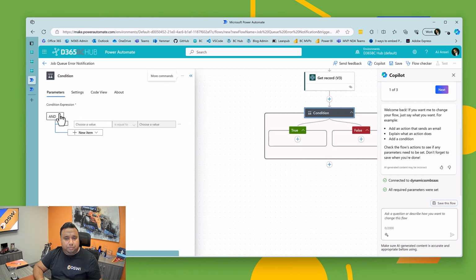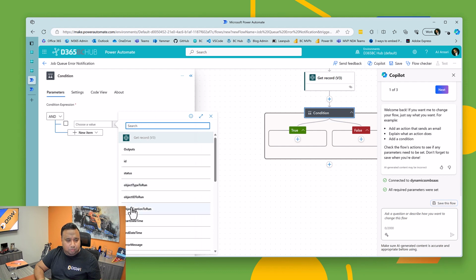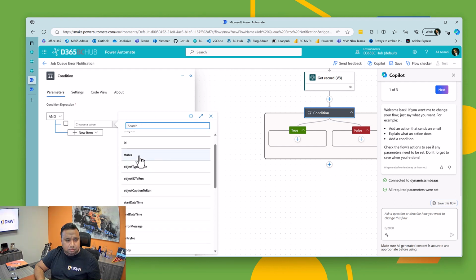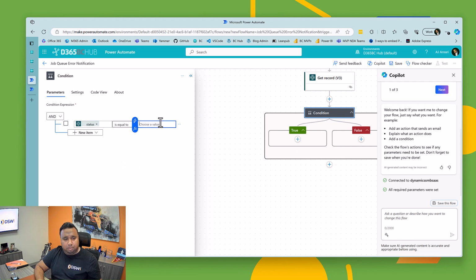And here you can say what conditions it needs to follow, and then what happens if it's true, and if something needs to happen when it's false, what do you do? So I would say when the status, and instead of typing it in, I could select this. So when the status is error, another condition would be when object type